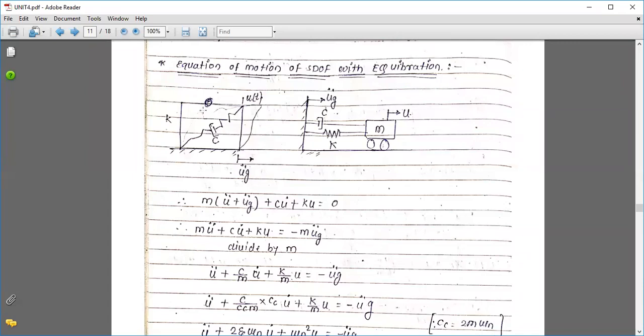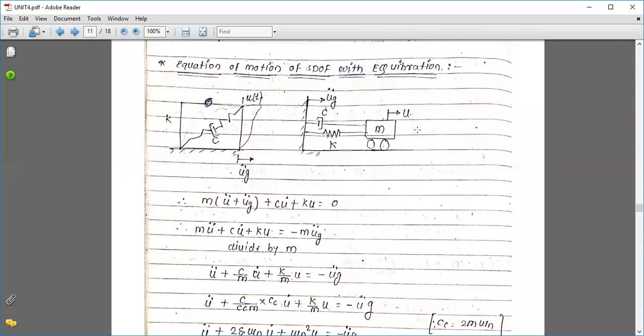In this way, we have seen some of the points regarding the Duhamel's integral with respect to the constant force, and the second one was with respect to the rectangular force. What is the Duhamel's integral? What is the derivation? What is the equation of Duhamel's integral? The equation is x naught cos omega nt plus v naught upon omega n into sine of omega nt plus the Duhamel integral term.